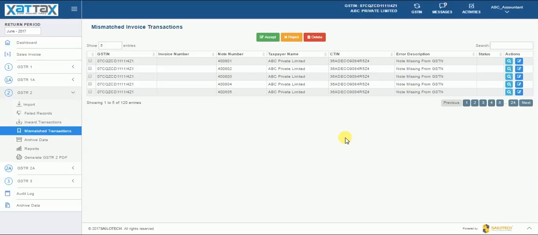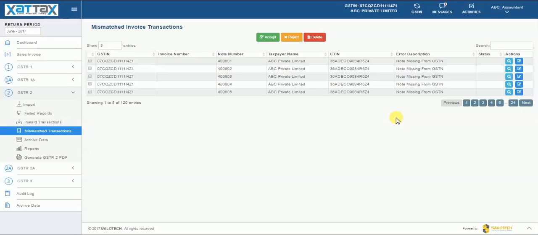And there is another option wherein the accountant can directly go ahead and modify the values. For instance, let's assume that in the accountant's source system, he or she has recorded a value of 100 pieces and quantity also as 100. However, if his or her supplier has mistakenly reported 200 instead of 100, then if the accountant wants to accept the supplier reported quantity, that is 200, he or she can go ahead and change the quantity for that invoice to 200, which gets reflected in GSTR2. So, once the accountant is done with this reconciliation process, he or she can file GSTR2.